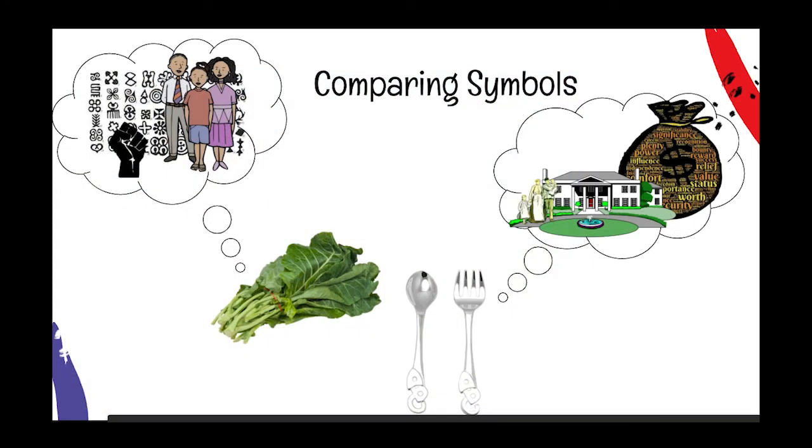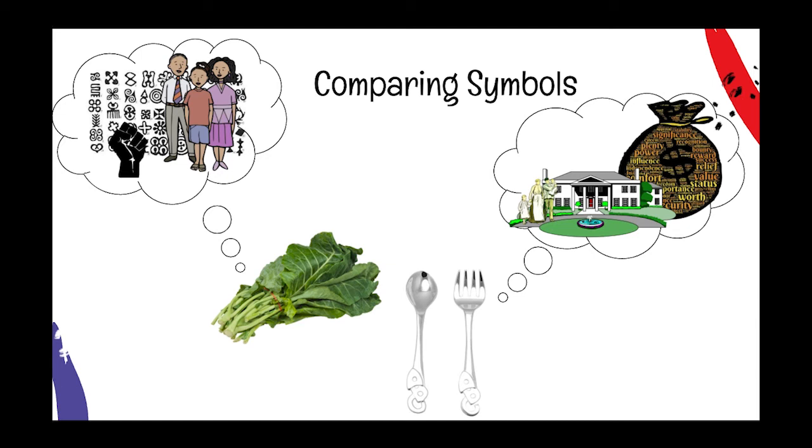By comparing the symbol of collard greens, which represents Black traditions and family, and sometimes making do with what little you have, to a silver spoon, which can represent wealth and access, we can start to see the economic and racial undertones of the song without Jamila Woods even having to explicitly bring them up. Perhaps these give us a clue into the main idea of why the speaker feels so alone, different, and sometimes